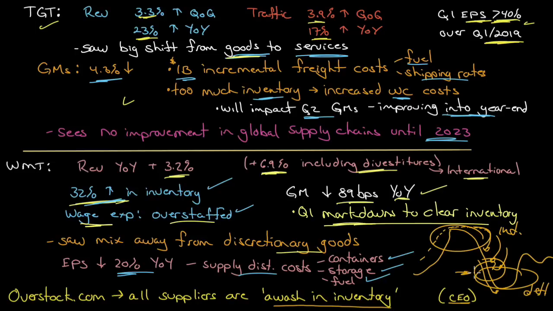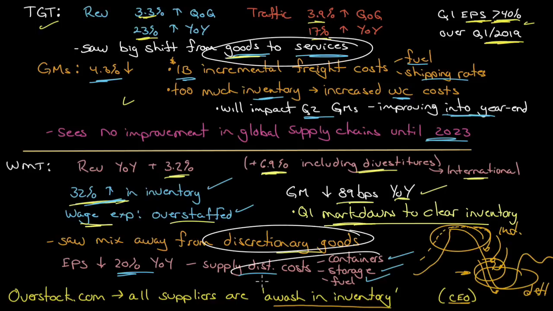So I think going forward, all of the data is pointing towards a dropping of inflation quite significantly over the next couple of quarters. When you combine the CPI data with the retail sales data, you look at what categories you had price declines on, you look at what Target and Walmart did, you listen to what they have to say, this shift back to services, both of them mention that. The mix of what they're selling is moving away from discretionary goods. They're both citing the same problem with supply. They're both citing the same problem with inventory.